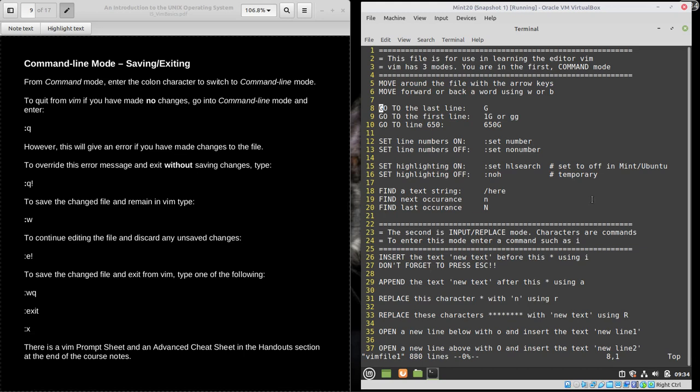I'll just go back to the beginning. And we'll look over the page at command line mode, in particular saving and exiting. Command line mode is the third mode. If I go down the file here,